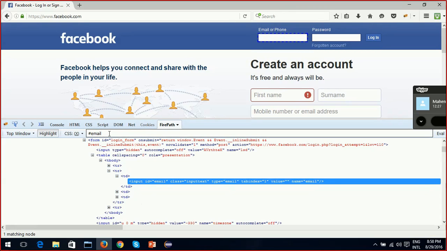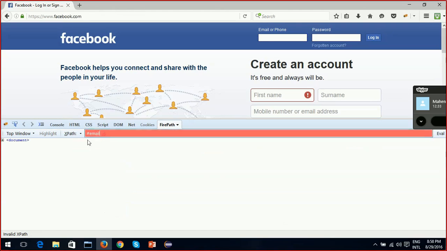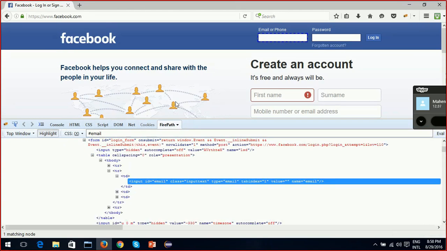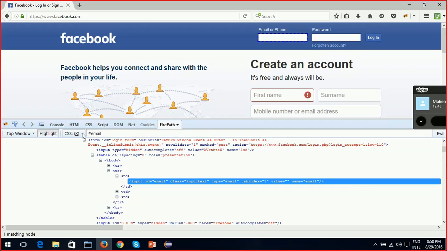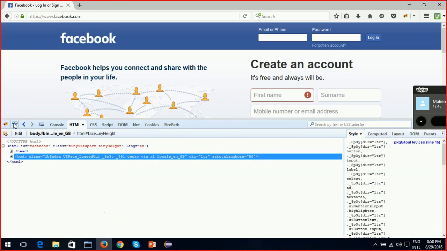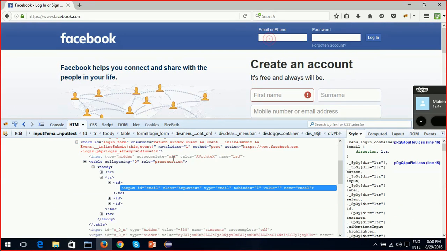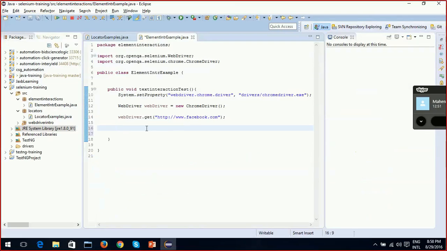We could use CSS or XPath, but let us go by just HTML. Here, what is the ID of this field? Email field. So what I will call a web element